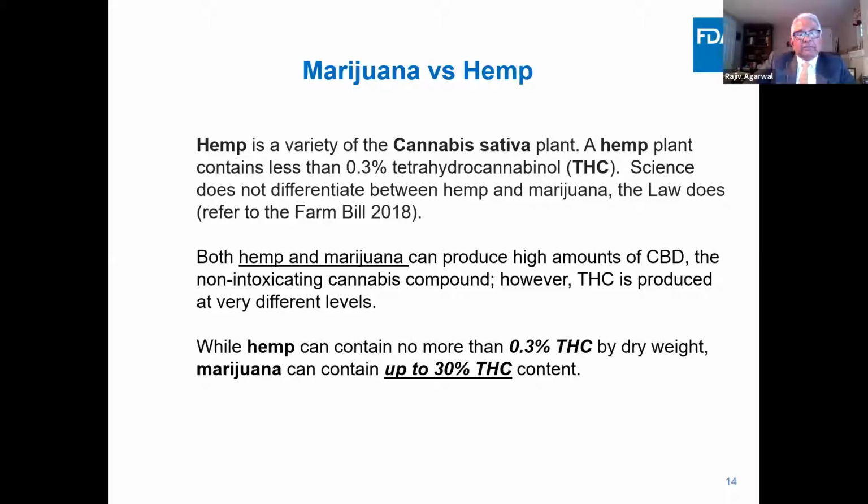Now, hemp is a variety of cannabis. It's a type of plant which contains, as I noted before, 0.3% of THC. The important aspect is that science does not differentiate between hemp and marijuana. The law does. And that's the 2018 Farm Bill that I talked about. Both hemp and marijuana can produce a high amount of CBD, the non-intoxicating cannabis compound. However, THC is produced at a very different level. And the next slide that I will show you will tell you